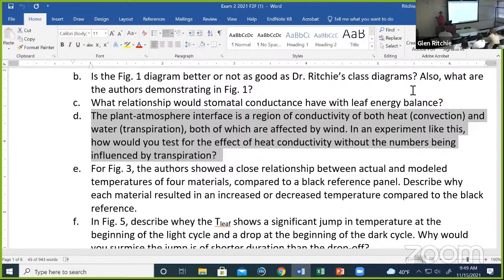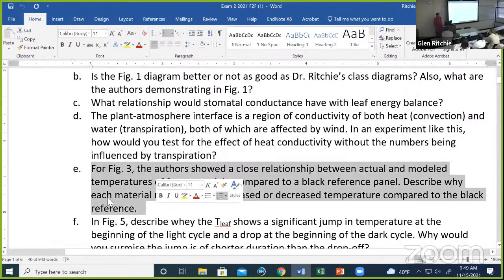One of the things that I did not actually see very many people answer was the method that the authors used, which was they cut out pieces of paper in the shapes of the leaves, and then they did the testing with the pieces of paper. The idea being that pieces of paper aren't going to have stomatal conductance, but their other properties are going to be fairly similar. I found this question interesting just because the answer was there in the text, and I was interested to see who was just going to give me the answer there in the text. Most of you didn't, so I don't know if that's good or bad, but you came up with some very clever ways of doing this.